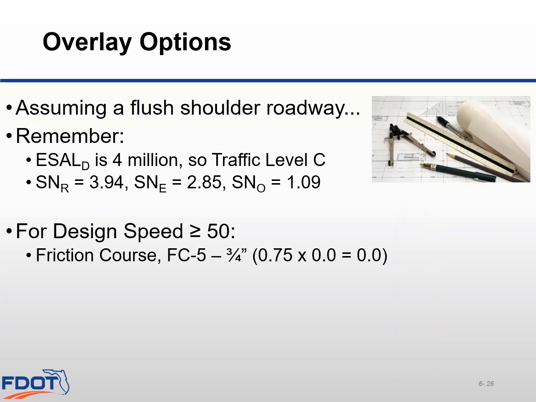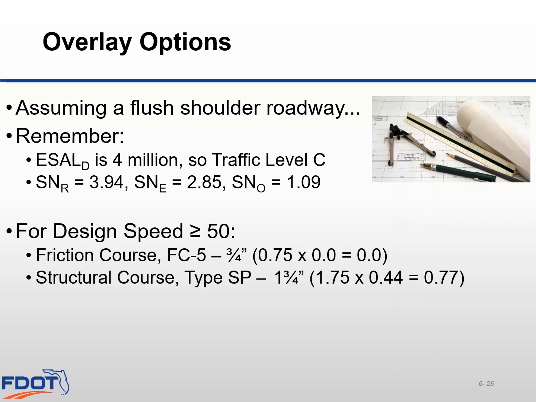Moving on to our structural course now, we realize that our superpave will need to provide all the required overlay strength. So if we were to try to calculate the overlay structural number with FC5, but stick to our original thickness of just 2.5 inches, let's see what would happen. To provide a 2.5 inch overlay of structural course and friction course, we would use a 3/4 of an inch of FC5 and 1 3/4 of an inch of structural course. So 1.75 inches times 0.44 layer coefficient for the superpave yields 0.77. The overlay structural number for this configuration is 0 plus 0.77,